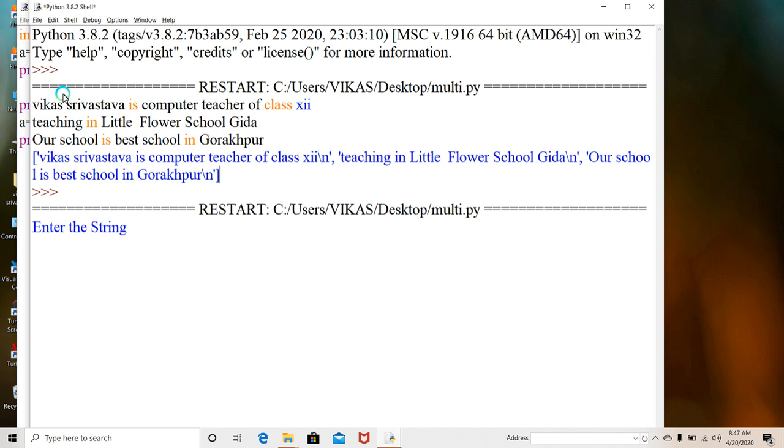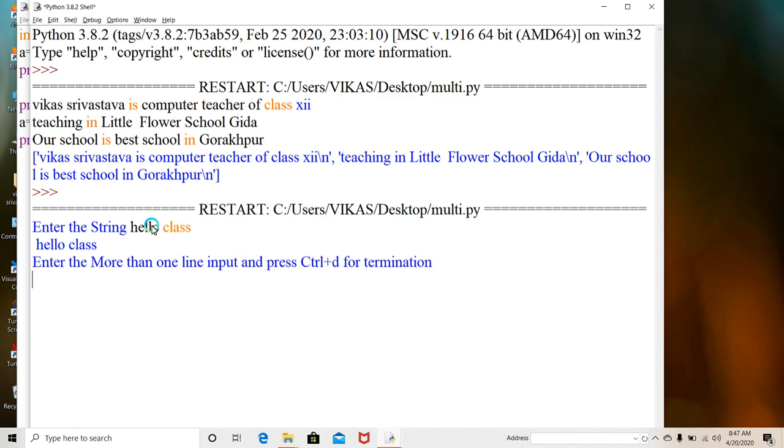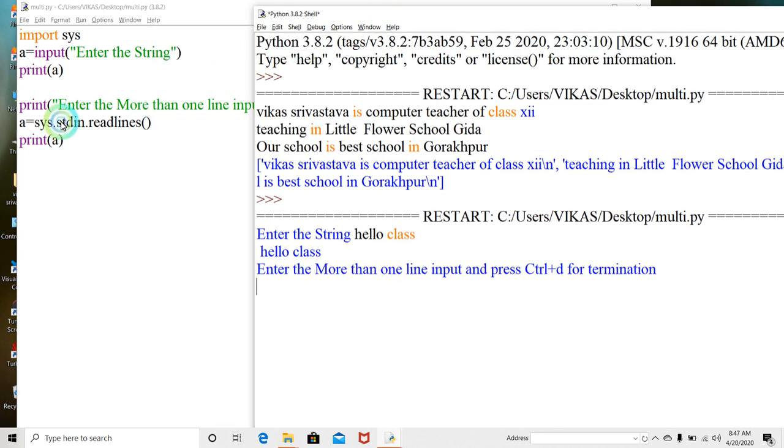So look here, first enter the string. I have clicked here and I am typing hello class, and as I press enter it is terminated and it displays the value. And then again it gives the message. Look here once again at the code. This line has started: enter more than one line input and press Ctrl plus D, and this line is waiting for the input.